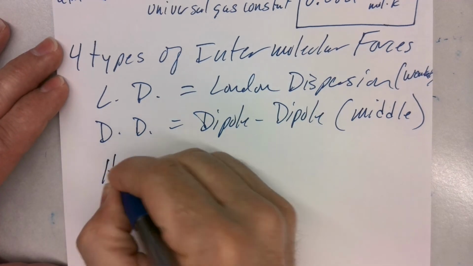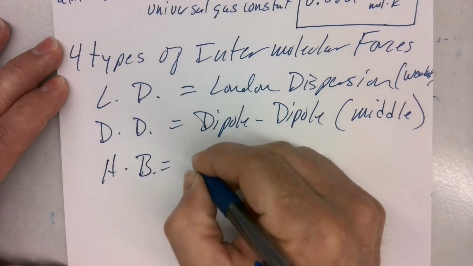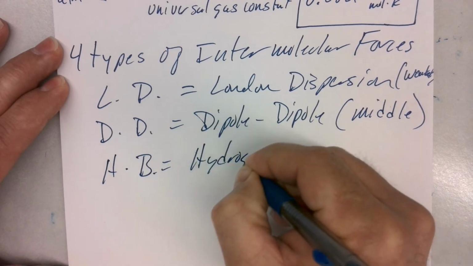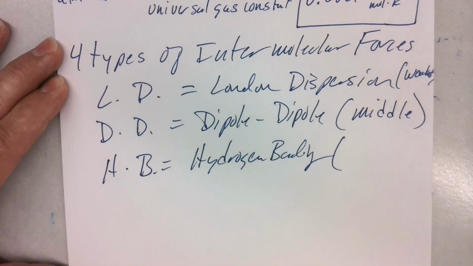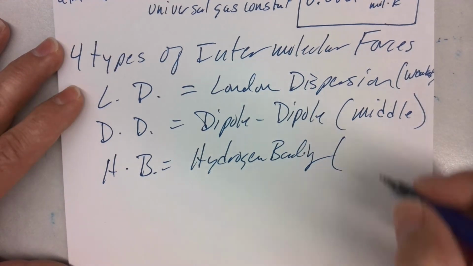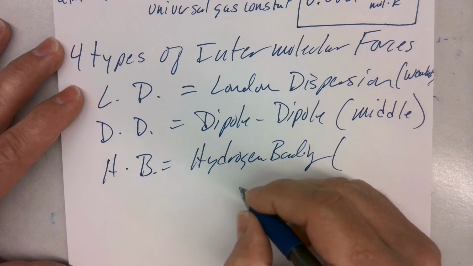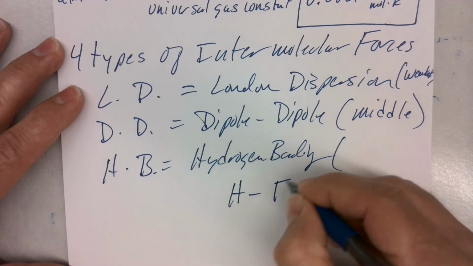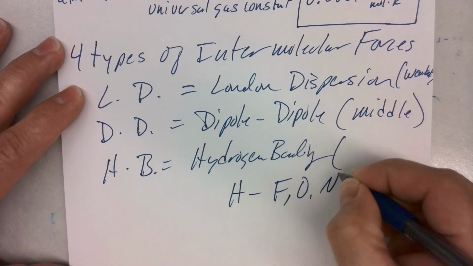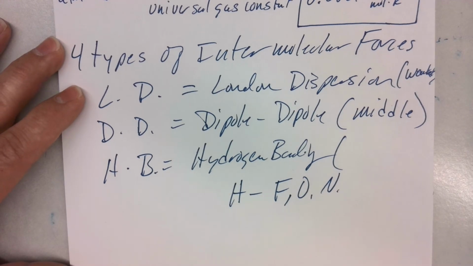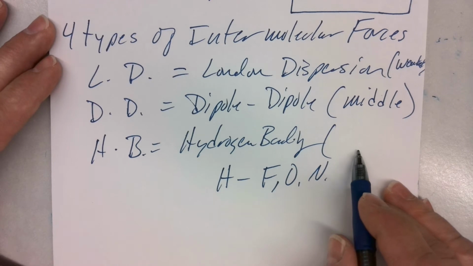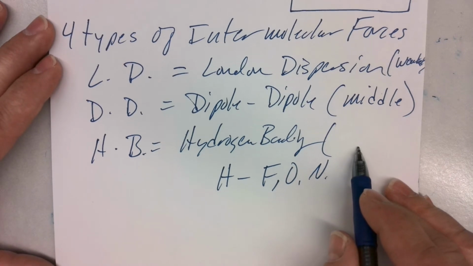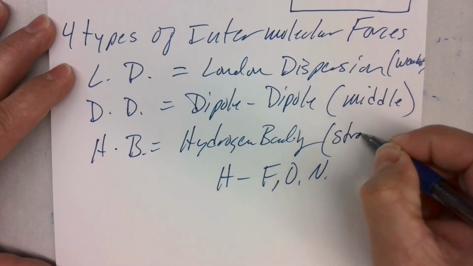Hydrogen. Yeah, hydrogen bonding. And what do we know about that? It's got to be an F, an O, and an N, my old ET joke, right? Yep. And these were the what? These were the strongest, exactly.